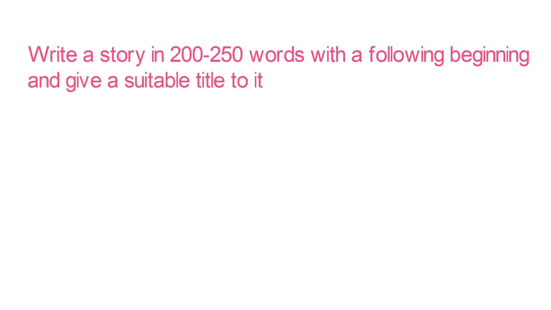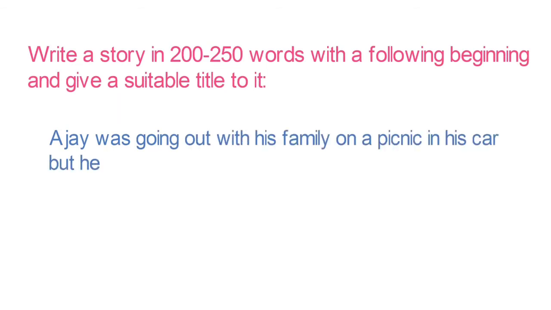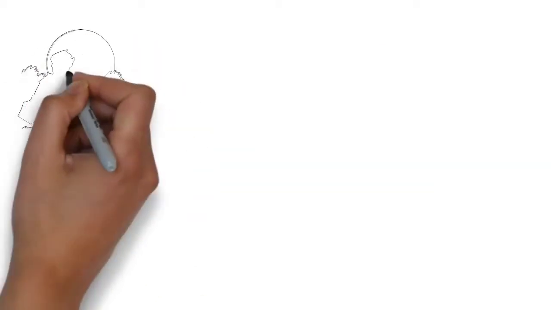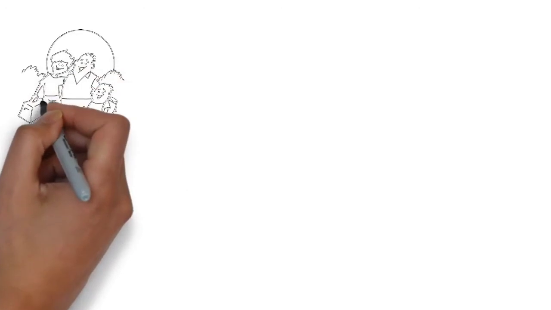the following beginning and give a suitable title to it. Ajay was going out with his family on a picnic in his car, but he forgot to inspect the car. While he was driving the car on the highway, suddenly, what happened? That is